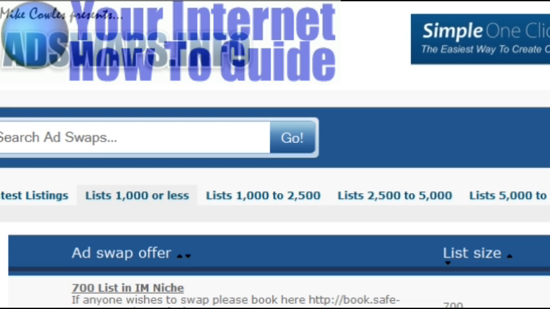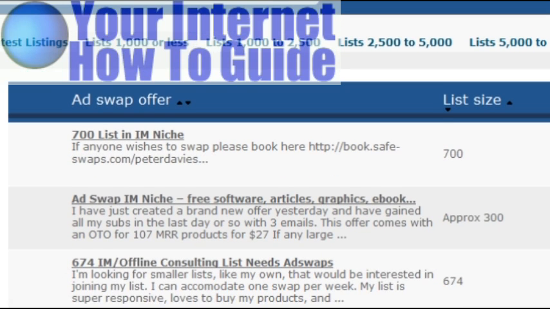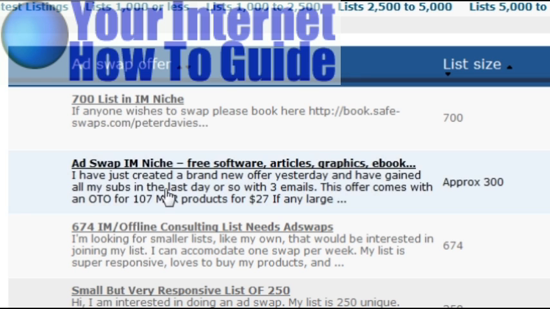Now, there are a lot of details in the Fast Start guide that I mentioned to you as far as how to contact these guys, and especially if their list is bigger. But what's great about adswaps.info is it makes it very simple. Basically, you just contact them and you say, hey, I found your offer on adswaps.info. My list is 300. I can generate around 50 clicks per mailing if it's good quality copy. I'm available to do a mailing in the second week of this month. Let me know when you're available.